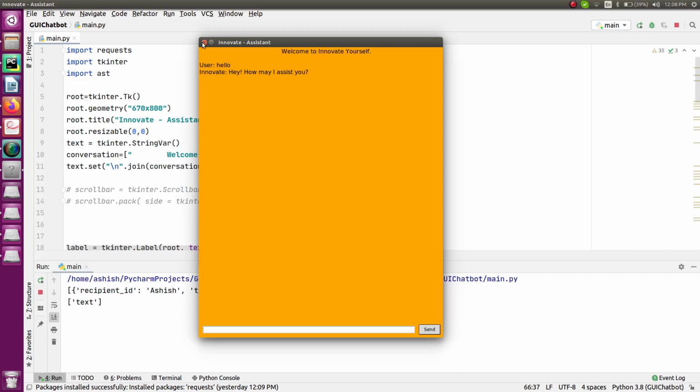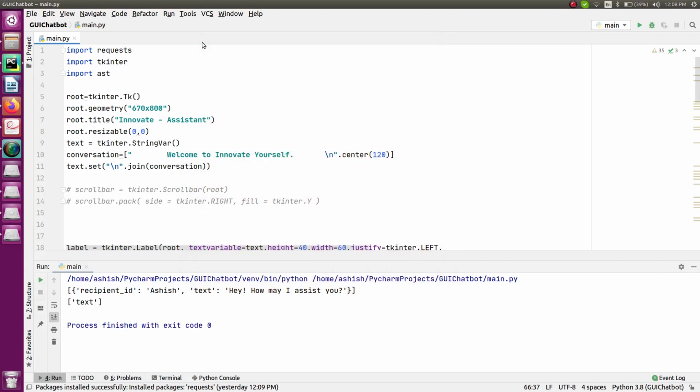So to make that part, what exactly I have done is I have used two different things. One is the Tkinter, which is the inbuilt module inside the Python programming language, and I have used that to design the GUI. And the second thing is Rasa chatbot. So we have to create our own chatbot that we want our user to interact with, and our user should get a reply as per that. So these are the two different things that we have to do. First thing is GUI, that I will show you how to do that part. Second thing is the chatbot stuff we have already done, and also I have shown you in one of my previous video how you can deploy your chatbot onto the Heroku server.